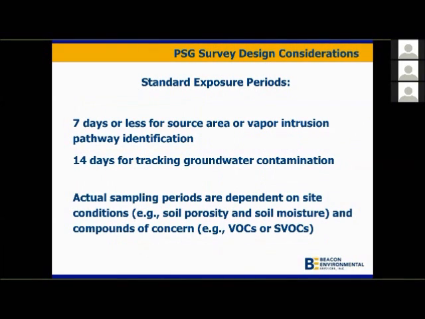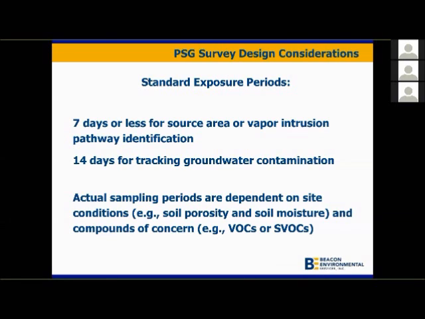As far as an exposure period, when you're sampling looking for source areas or identifying a vapor intrusion pathway and risk, 7 days or less is fine. In fact, we've done surveys that only had the samples out for 24 hours. However, when you're tracking groundwater contamination or contamination at greater depth, you want to leave the samplers out longer. And by using a robust sampler that has a large absorptive capacity, you can leave them out for 14 days or longer, even a month or longer, which we've done,